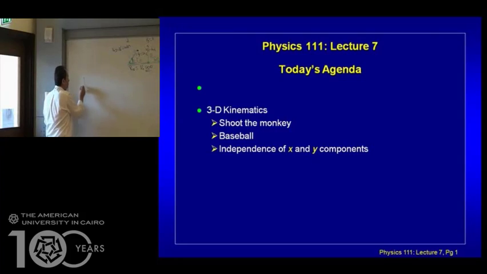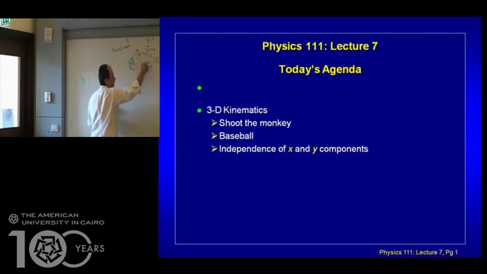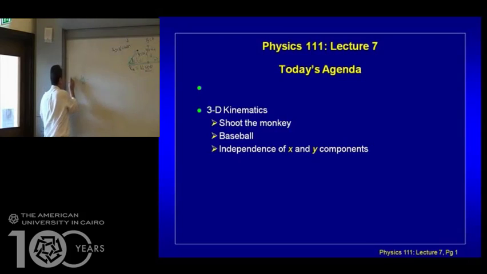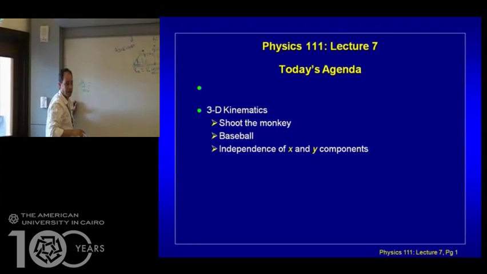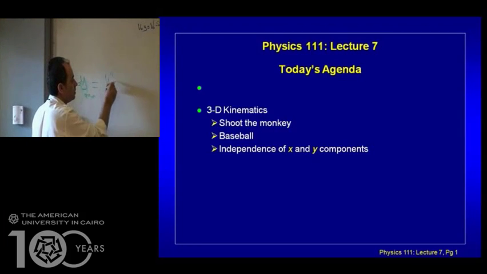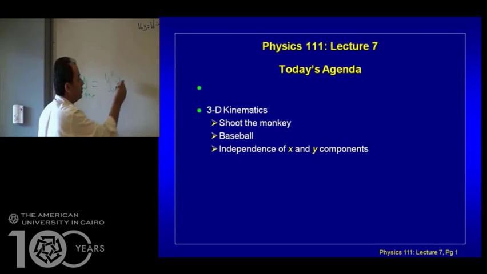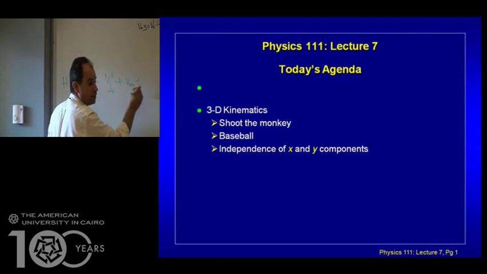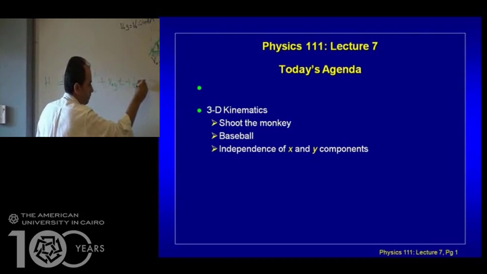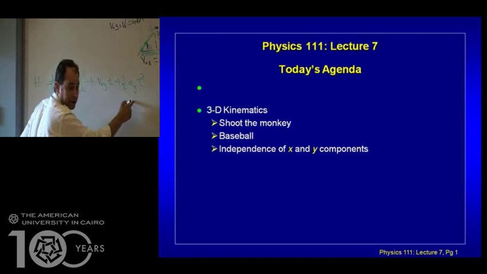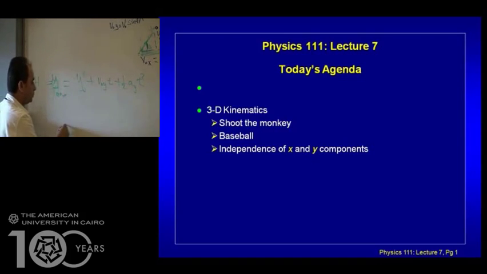H, which is y maximum, equal to y at that point. This is y maximum. Equal to, guys, can you tell me an equation? It's y0 plus v0y t plus 1/2 ay t squared. So it's going to equal to 0